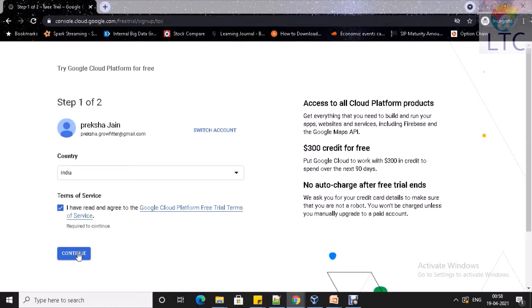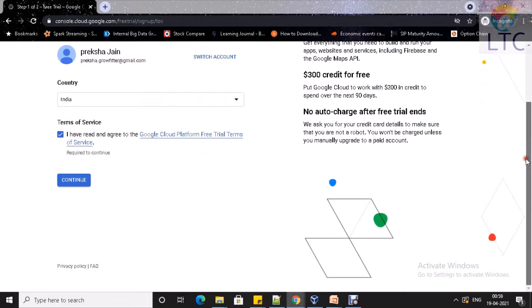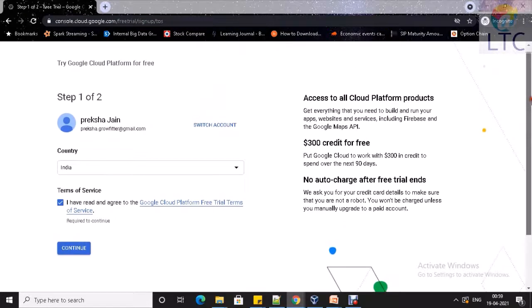So it will start your free trial. Also, if you read here, it will ask you for your credit card details to make sure you are not a robot, and there will be no charges paid. I have entered my credit card details for my account, and right now it is also free because I created it only last week. I'm not going to create it again. I'm showing you this so that you can follow the same steps.